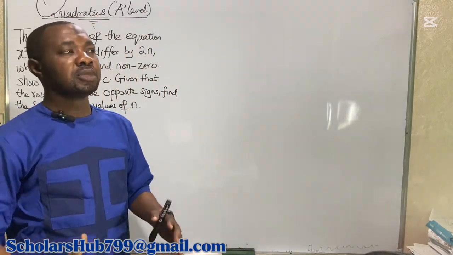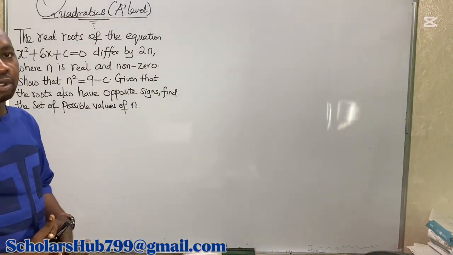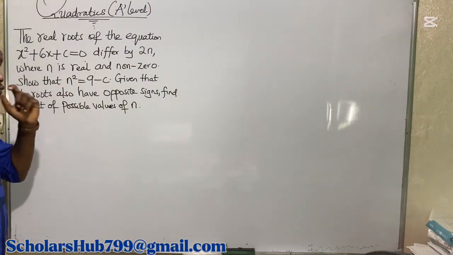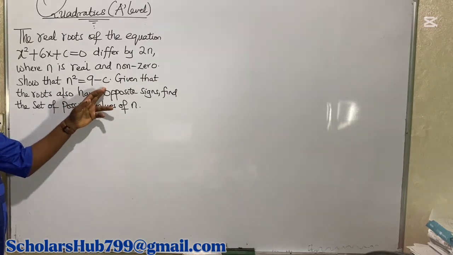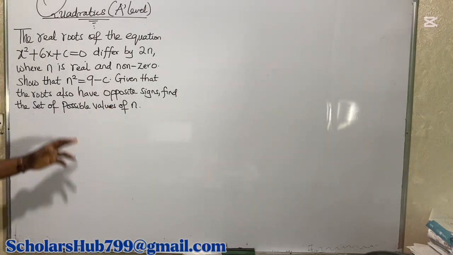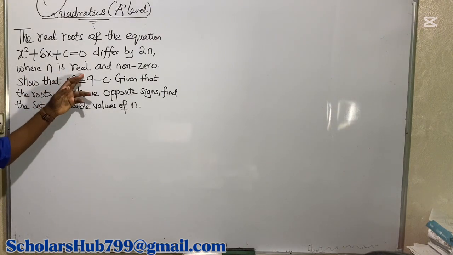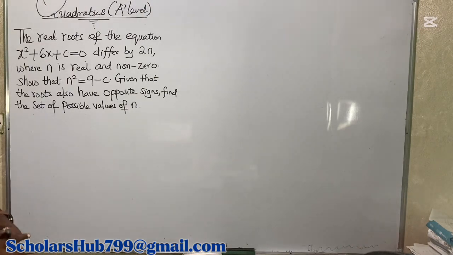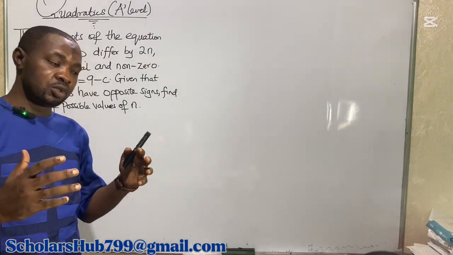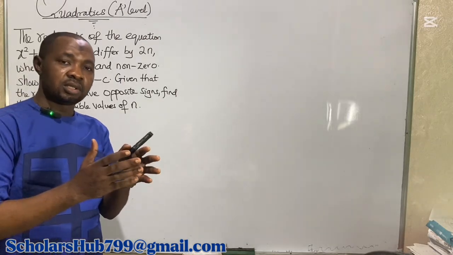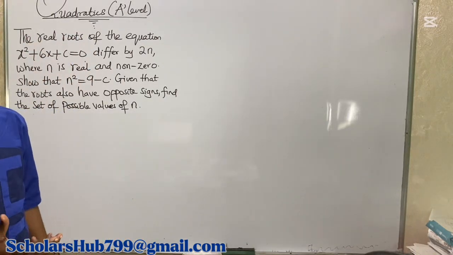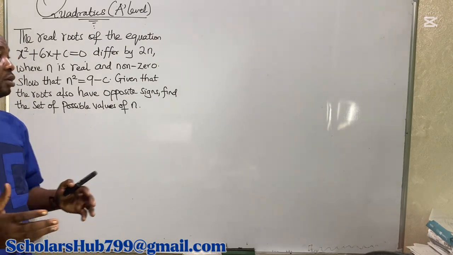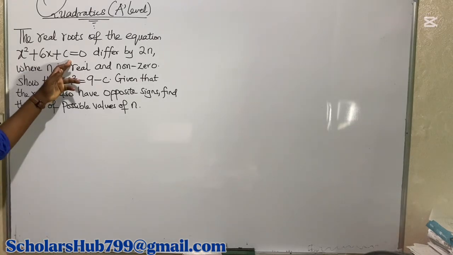So like I said, we're going to use VIETA'S formula to show why n squared equals 9 minus c. Because n, according to the question, is real and non-zero. So the first thing we need to do is find the sum of roots and the product of roots using VIETA'S formula. And then, since we are given that the roots of this equation differ by 2n,